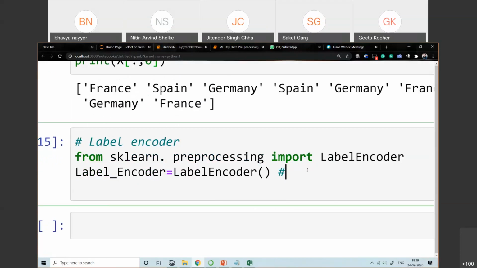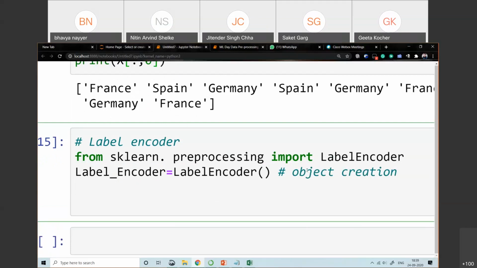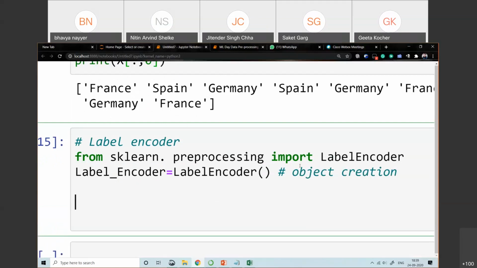So next is to take the label encoder object, then fit_transform.